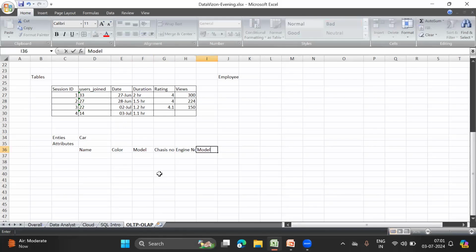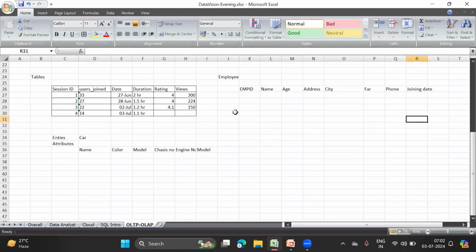Okay, so every entity, for example, if I talk about an employee, an employee is going to have different attributes. What is the identifier of an employee, and then what is the name of an employee, what is the age, what is the address, and then what is the city where this employee lives or comes from, how far that person lives, what is the phone number of this employee, what is the joining date of this employee. Okay, and now one question to all of you, if I have an entity called, for example, a store or a supermarket, what all are the attributes associated to a store?